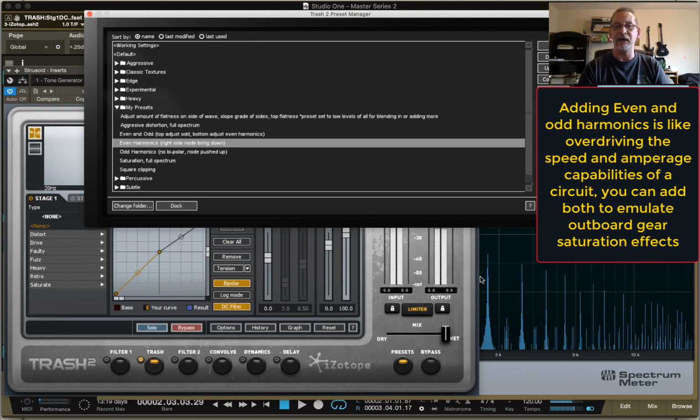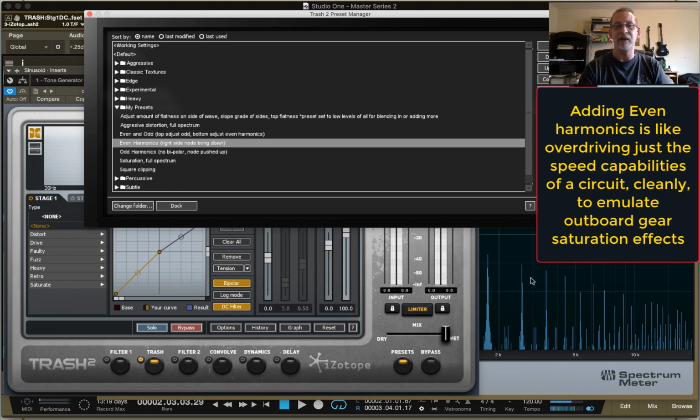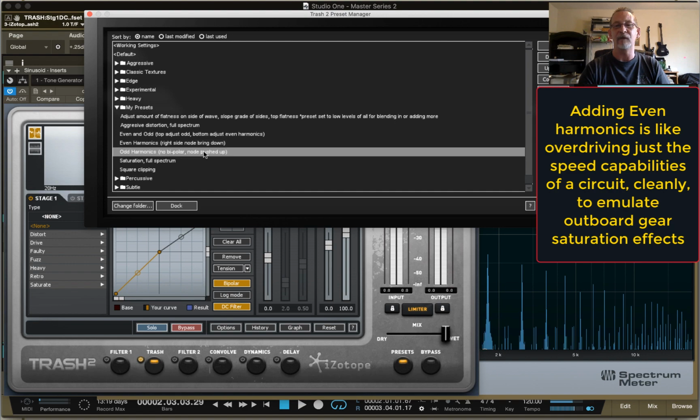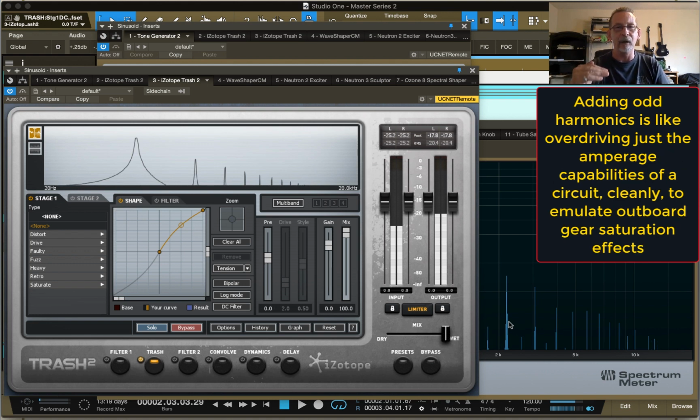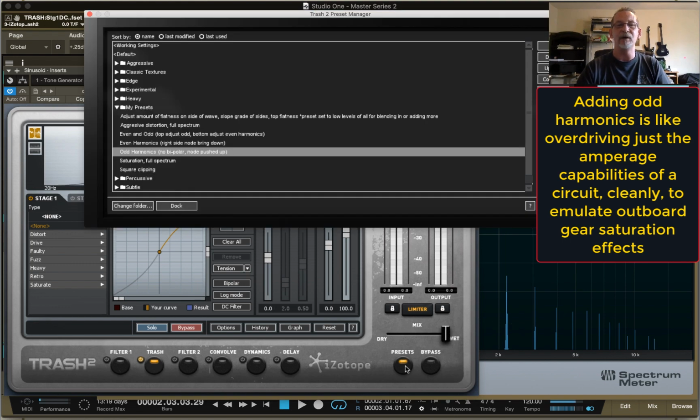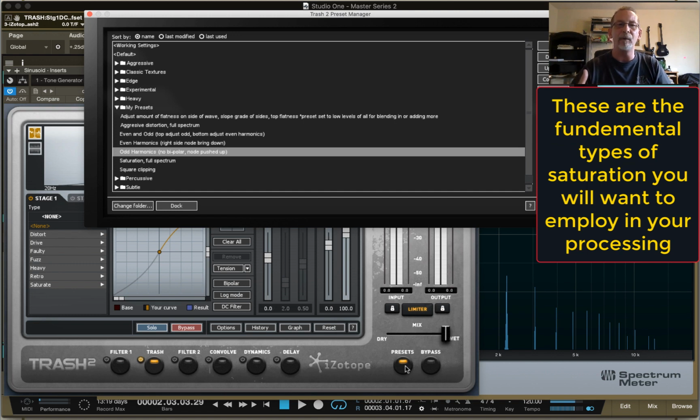Or if you just want to use even harmonics, you can see this is just even harmonics going around here, and if I turn it on here, you can watch them drop off, and you can see just odd harmonics coming off there. You can drop those levels and use them at a very low level as saturation, which you will see in some of the plugins that we look at. So that's a pretty simple concept: even, odd harmonics, even and odd harmonics, clipping distortion, saturation, full